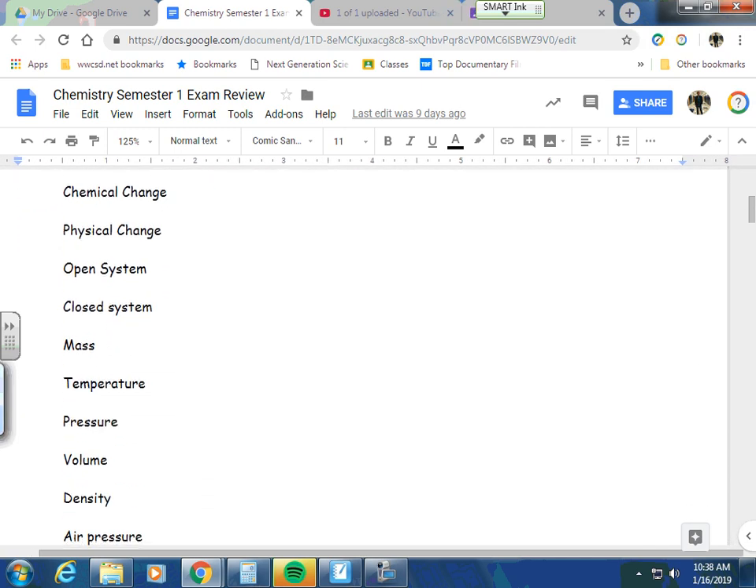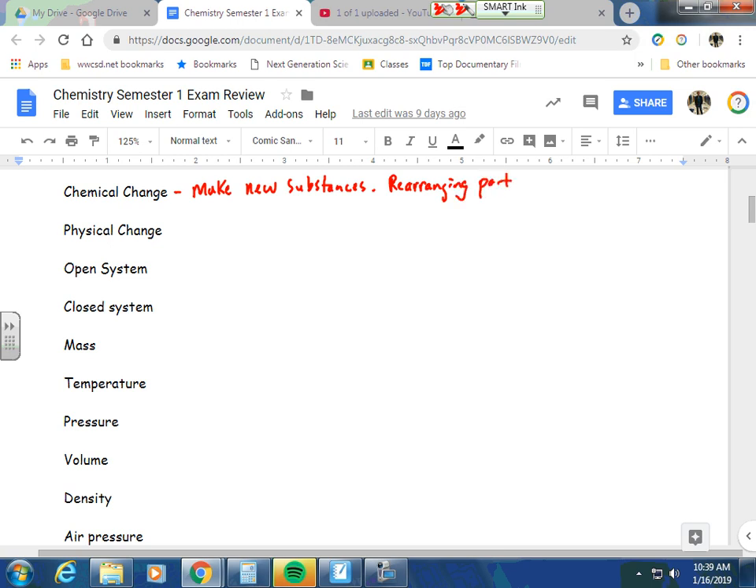Okay, so we can have chemical changes where we make new substances from starting substances, rearranging particles in terms of their attachments. So we're making something new or different. But with a physical change, from beginning to end, it's the same substance. So it's just a change in size, shape,